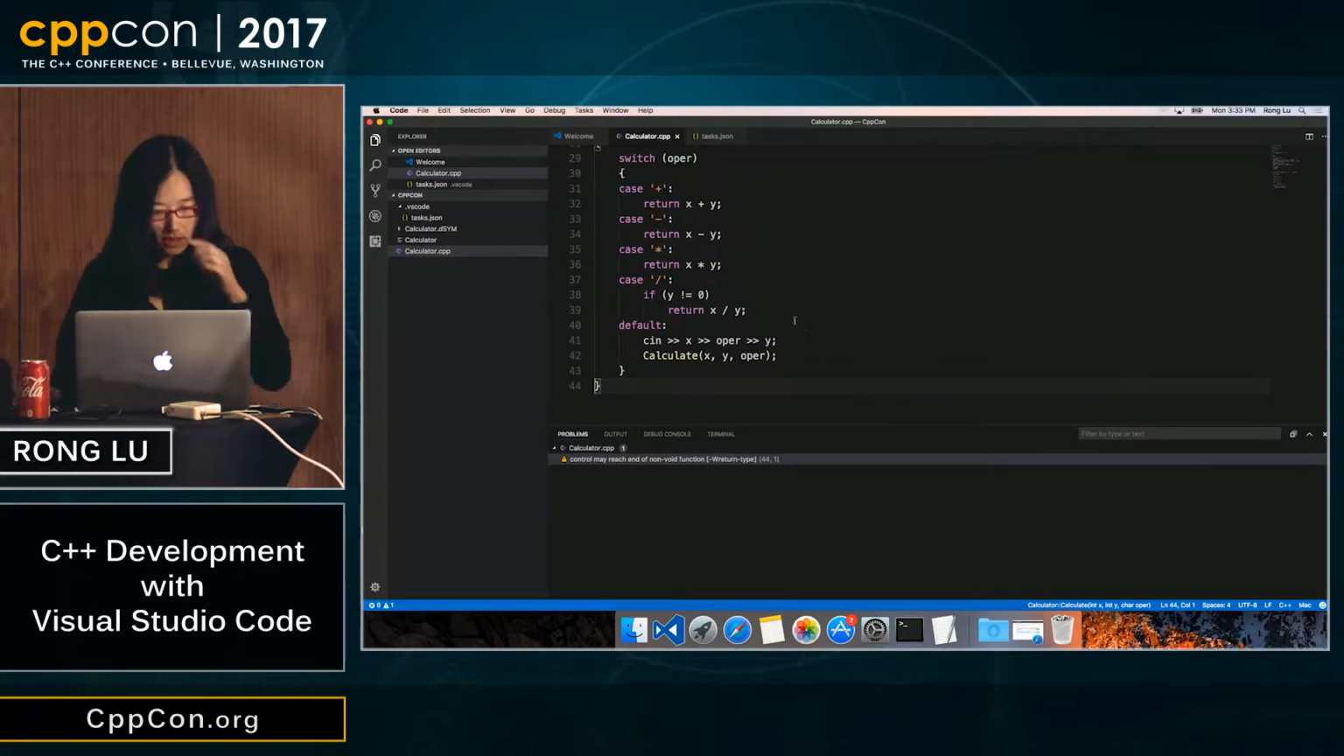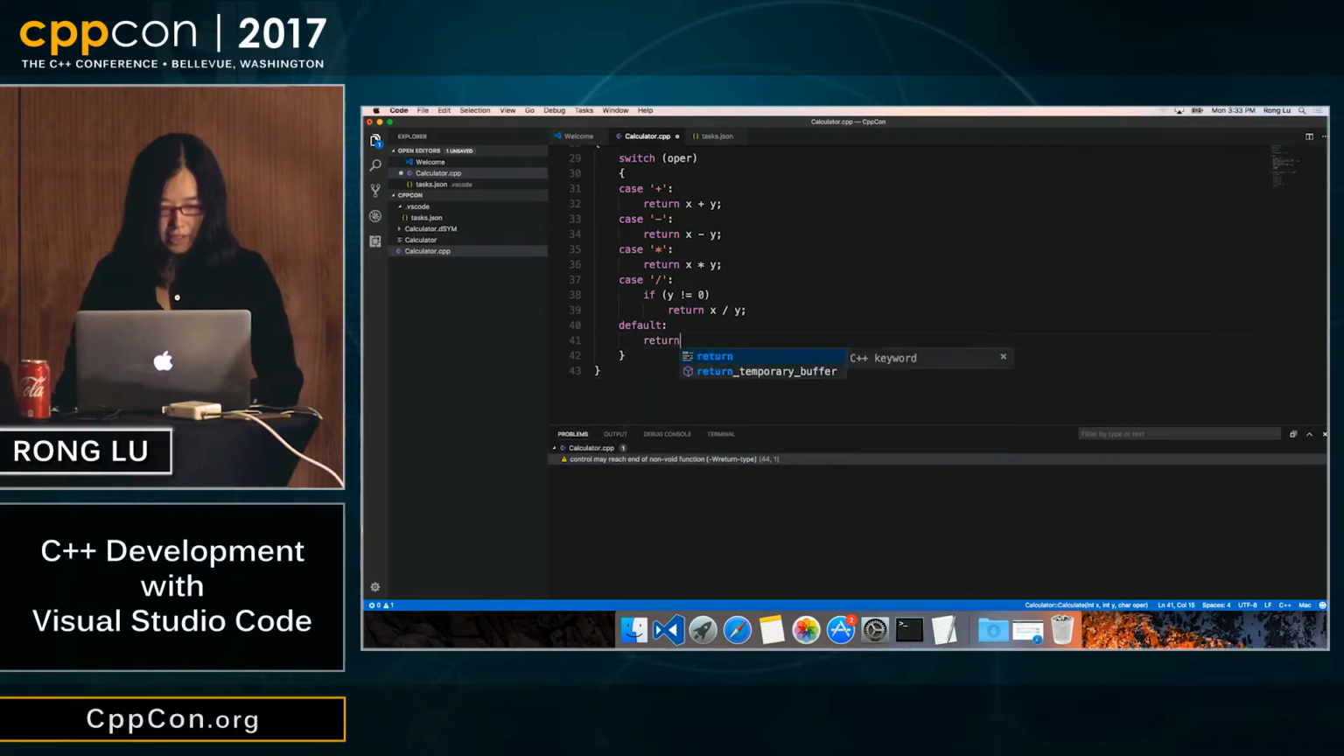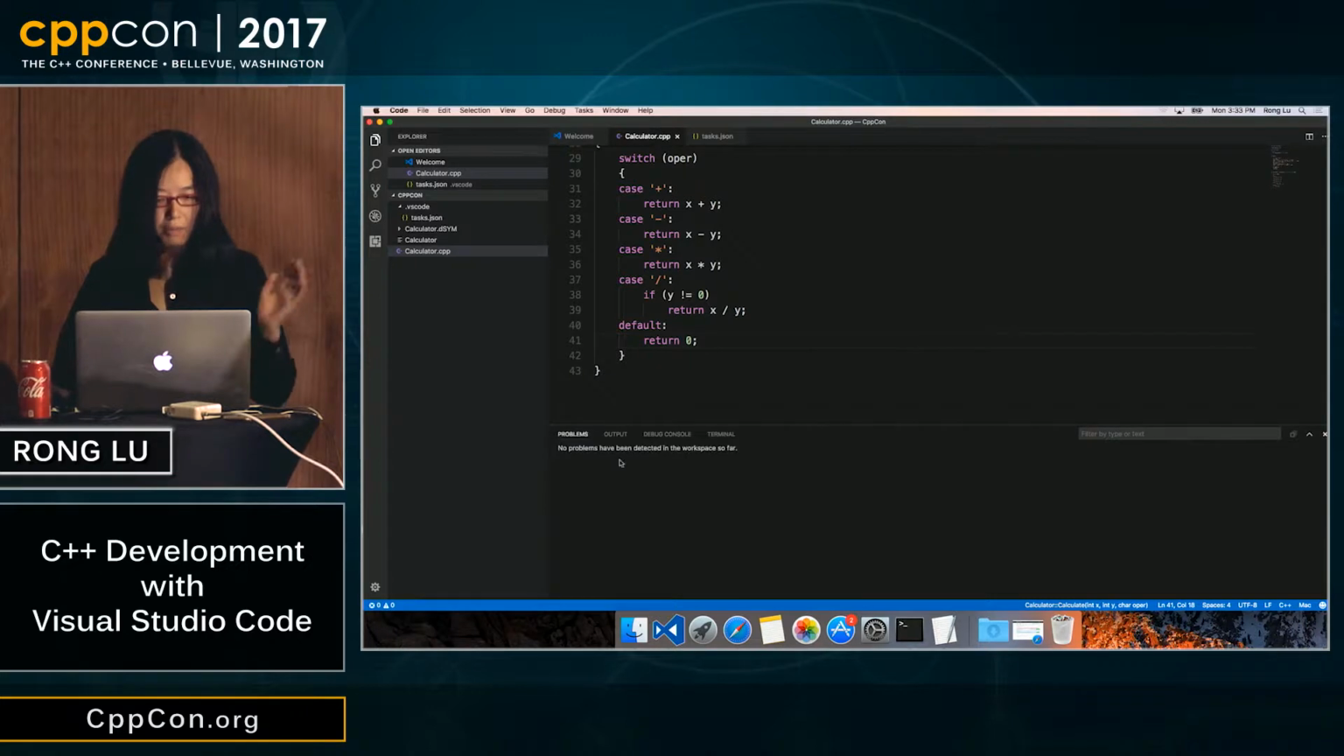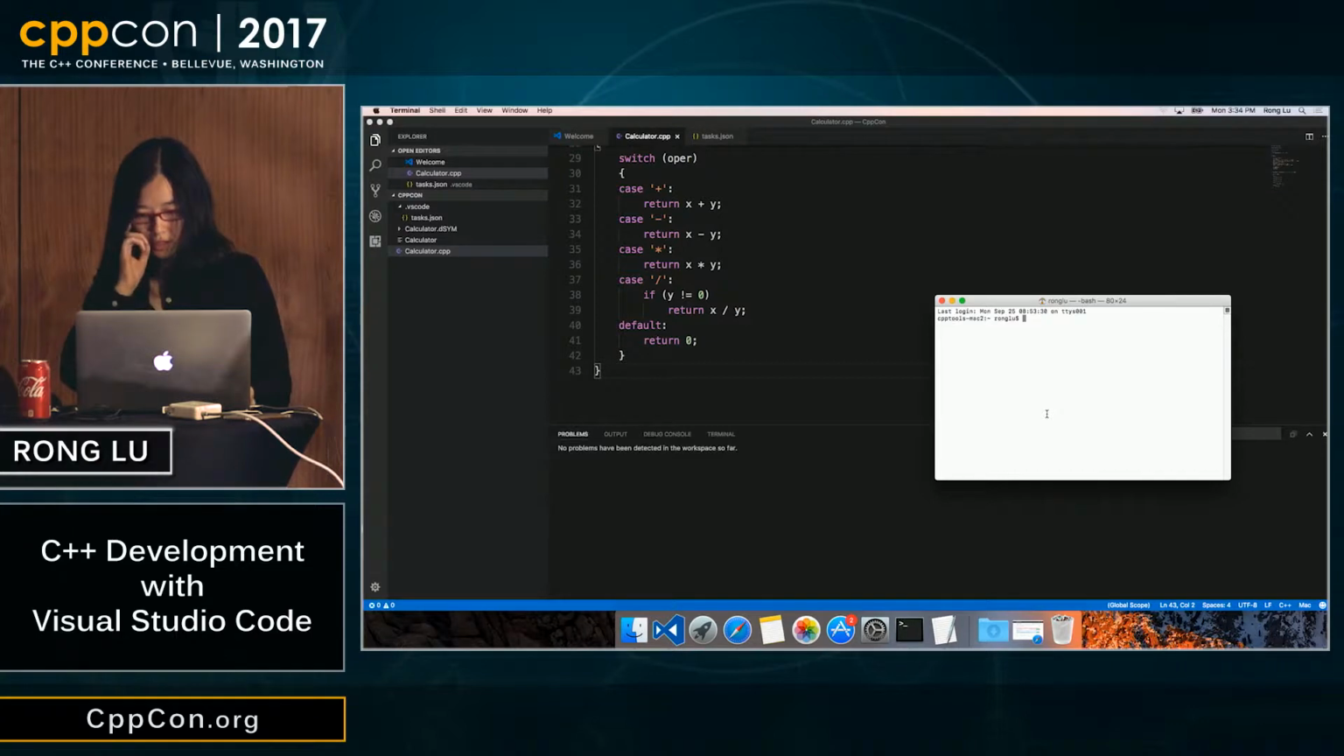This is what the problem was: I have the switch branch, which may not be returning anything. So for now, I'm just going to make my compiler happy by doing this. If I do this again, it's going to compile just fine, and my problem goes away. All right, we're good. Now we have our file compiled, and I have a program I can actually run. Let's try that